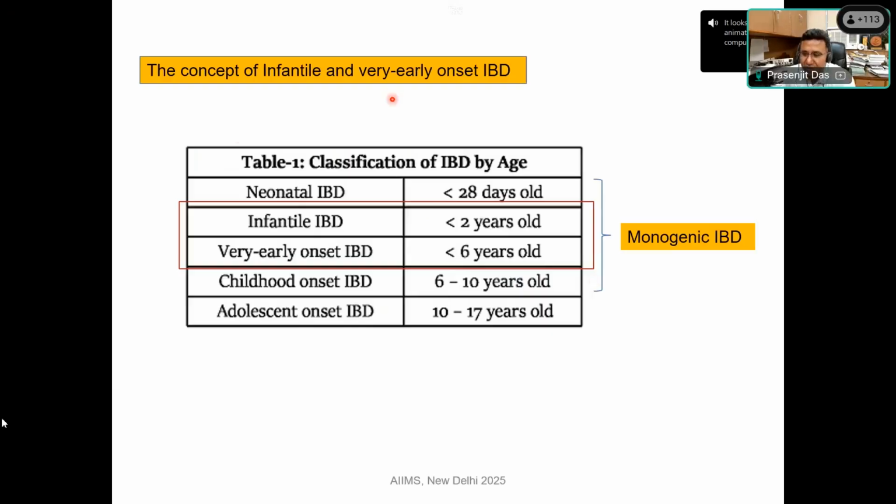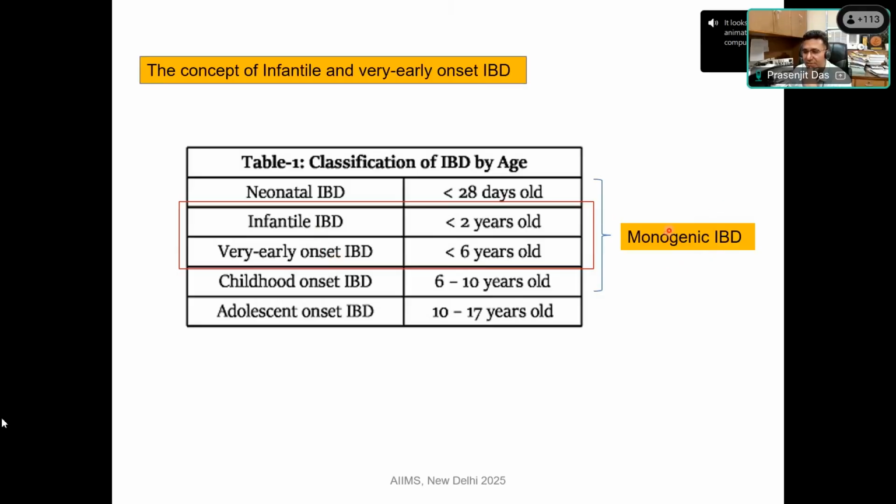Saying so, I just want to mention that if you look at which age IBD occurs, we all know 20, 40 or more than 60. But sometimes IBD can be seen within 28 days also, very early, that is called neonatal, or in the first 2 years of life, that is called infantile IBD, or when it is within 6 years, it is called very early onset IBD. So infantile and very early onset IBD, if you find in your practice anytime, you have to keep a possibility